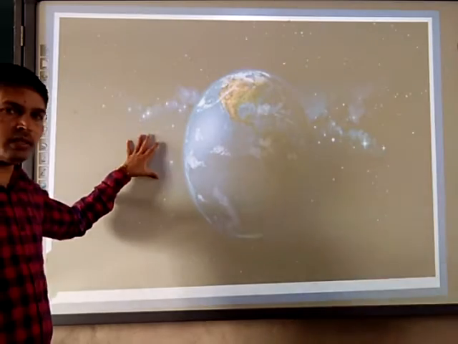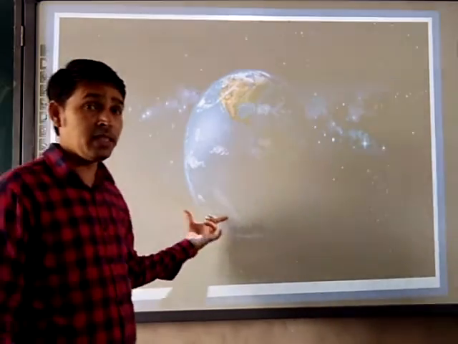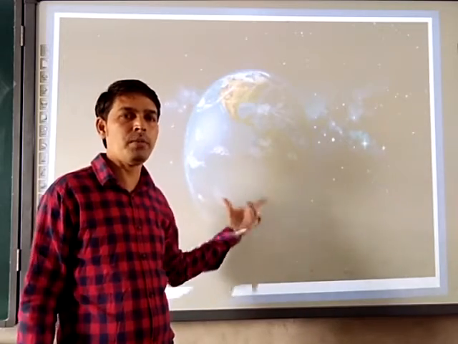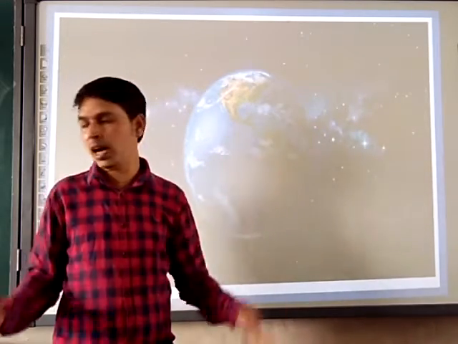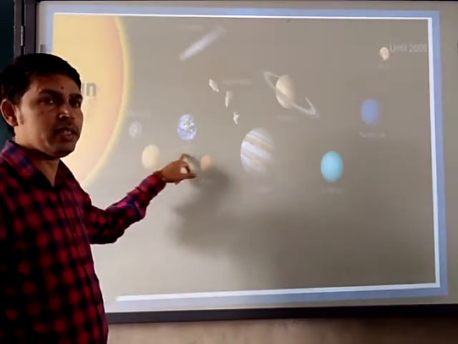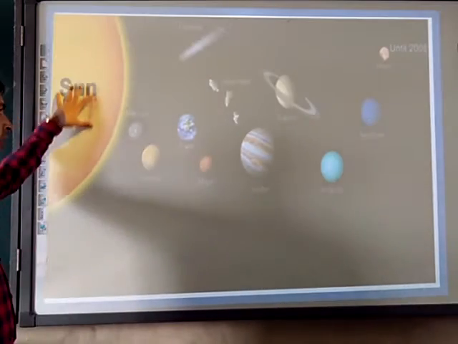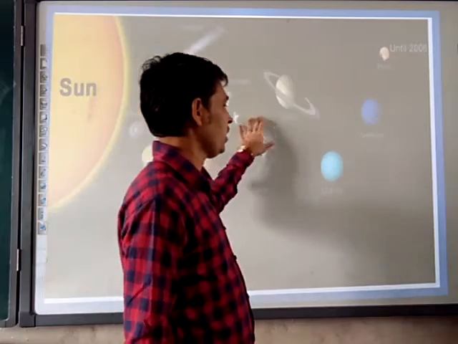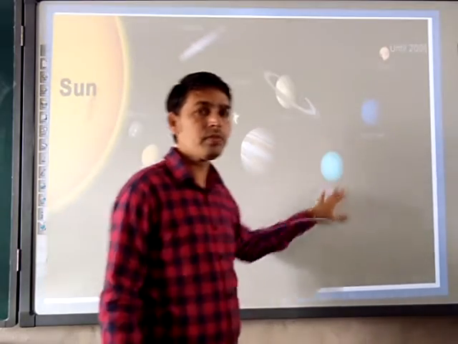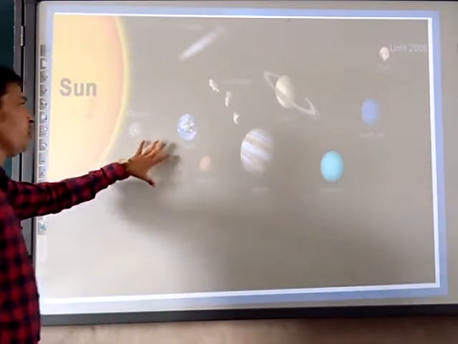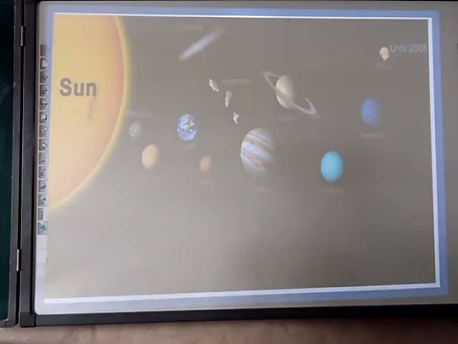Point number 1, Earth. By seeing this image, you quickly recognize the first presentation where we talked about Earth in the solar system. So this is the solar system and our mother Earth is here. Then here we are going to talk about Sun, Mercury, Venus, Earth, Mars, Jupiter, Saturn, Uranus and Neptune. We are going to see about the 8 planets. We are going to see about the position of the Earth. First,